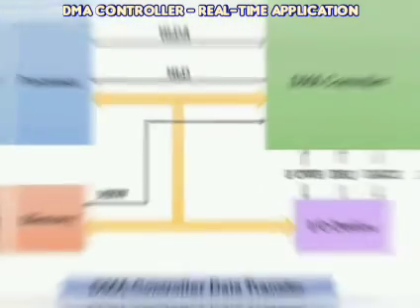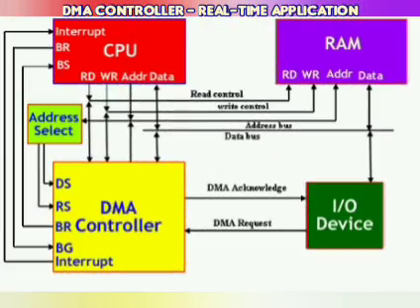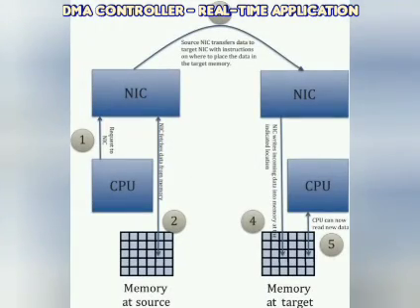In real time, you can see many devices working without the intervention of our processor. You can directly access the data using this DMA controller. For example, if I am implementing this in a communication line and I am going to access the data for a temporary purpose, I need not go to the CPU. Directly, my remote system can communicate with the server processor and get the data without the intervention of intermediate devices by using this DMA controller. The data available in the memory can be directly accessed by using this DMA controller. That is the major implementation of this DMA. This is about the 8237 DMA controller and its real-time application.